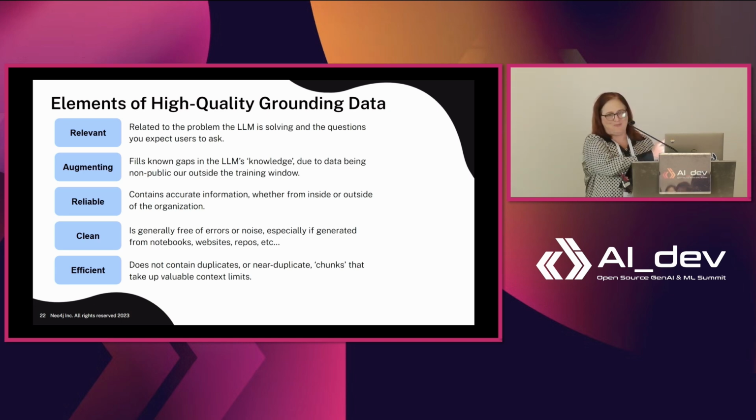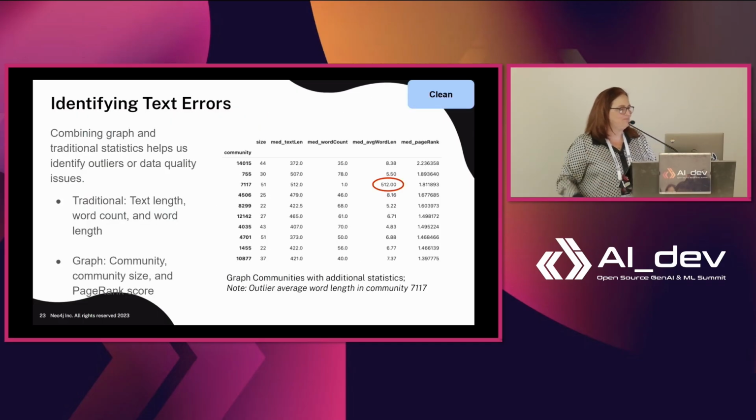So you don't know what's the best hierarchy. You're like, all right, I'm just going to chunk and vectorize and cross my fingers, right? So once you put in this clustering, you can start looking at the statistics of the clusters themselves. For example, in our cluster 7117, we saw that the median average word length was the length of the chunk, right? So we're like, okay, I don't know of any 512 character words,